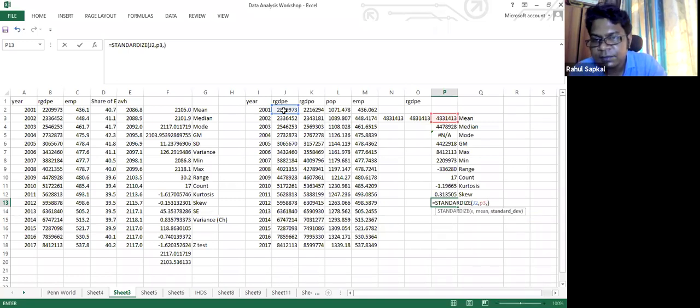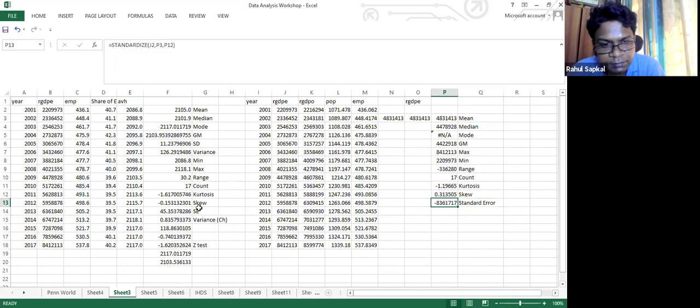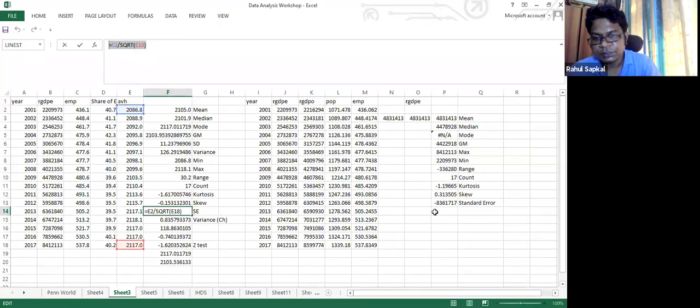My standard deviation, a standard deviation is my value is very high. Or you can put this one, standard error formula, square root of this one.